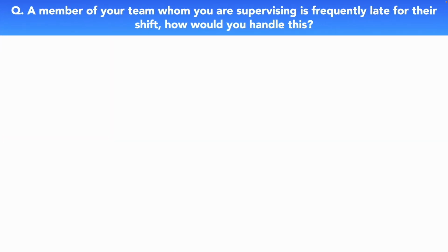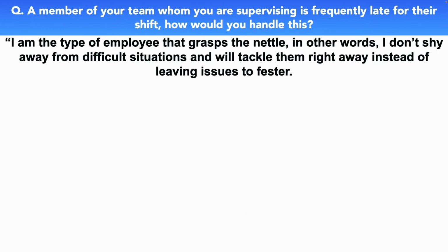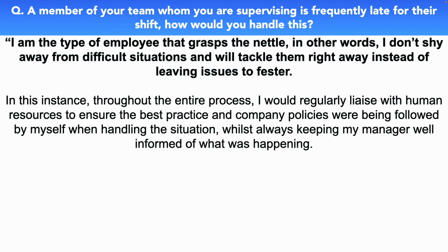A member of your team whom you are supervising is frequently late for their shift. How would you handle this? Here we go. I am the type of employee that grasps the nettle. In other words, I don't shy away from difficult situations and I will tackle them right away instead of leaving issues to fester. In this instance, throughout the entire process, I would regularly liaise with human resources to ensure the